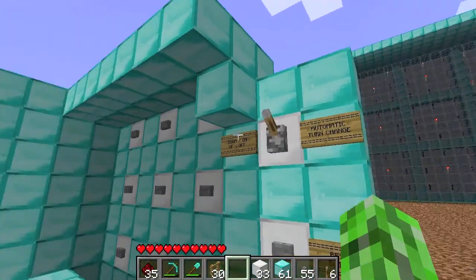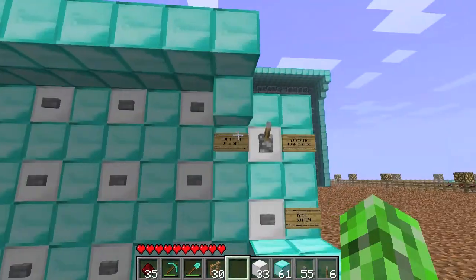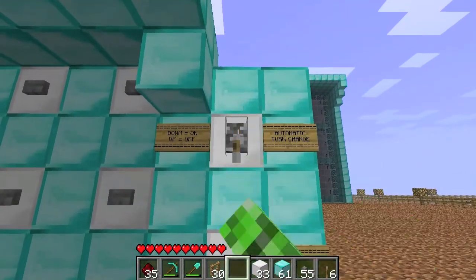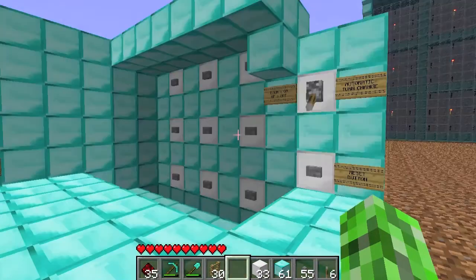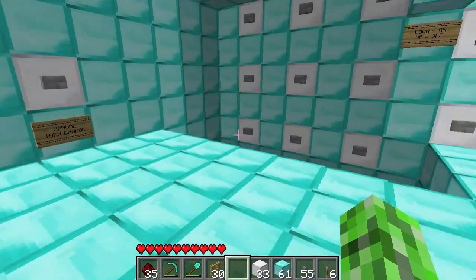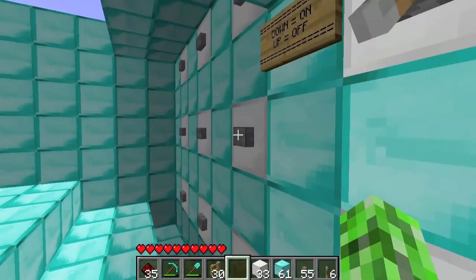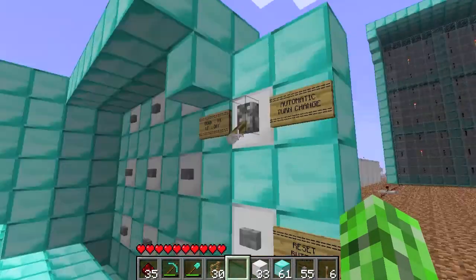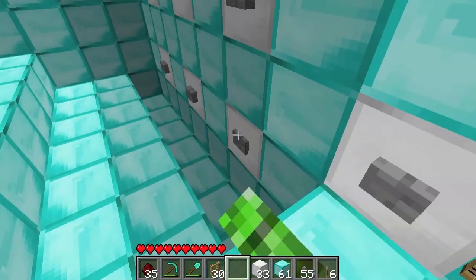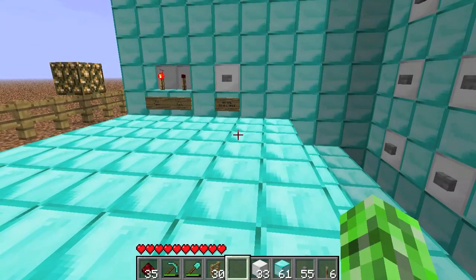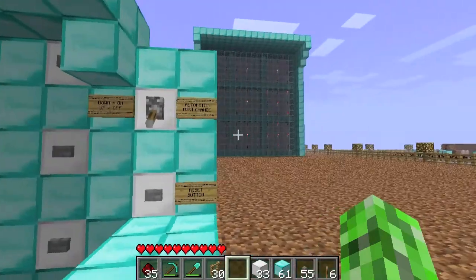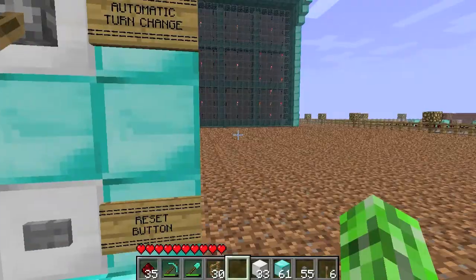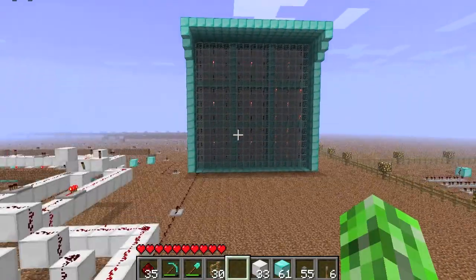And just to show you that the turn display actually changes even when automatic turn change is on. So now we are on, let's see, we're on X. We click this, and now we have O's turn, and we have an X over there. And so this is fully functional. I will go back to X's with the reset button and everything, and I'll show you how this works. First, I'll have